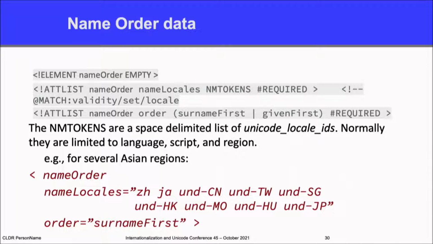So the name order data, this would be a parallel set. We'll figure out where that would go, for a particular set of name locales. So let's say I'm in France, or I have a set of name locales. The example is for Japanese, basically your CJK regions plus Hungarian, and then you see the UND, HK,